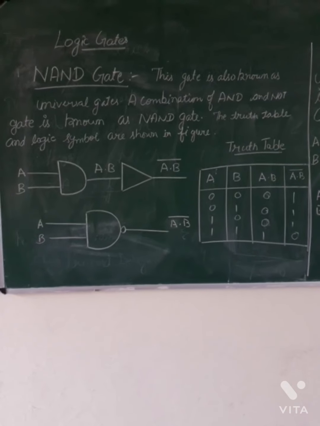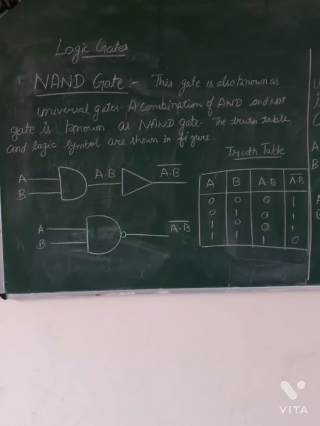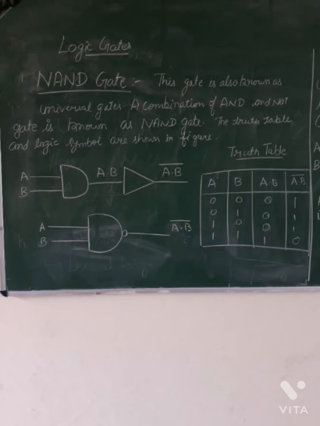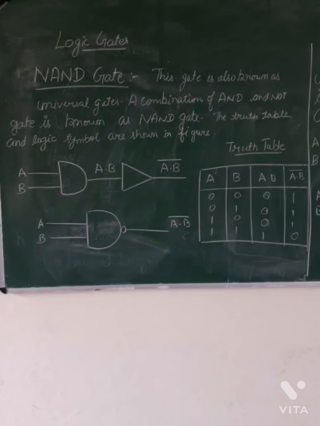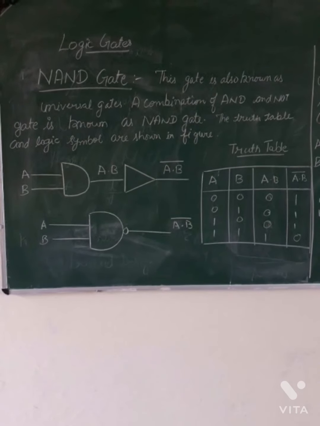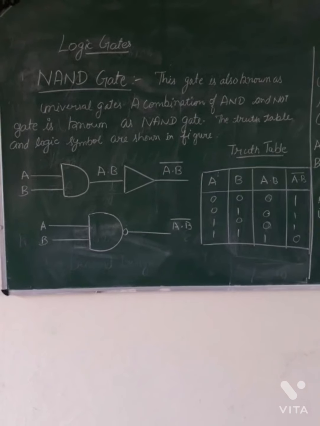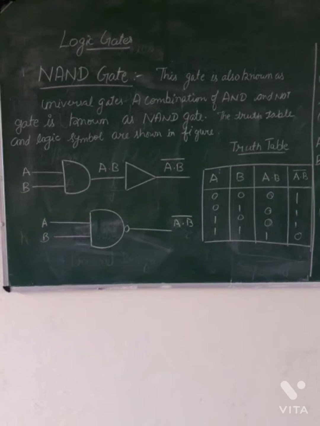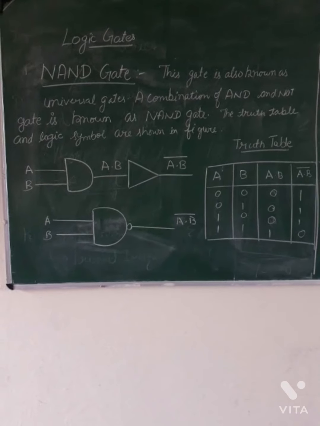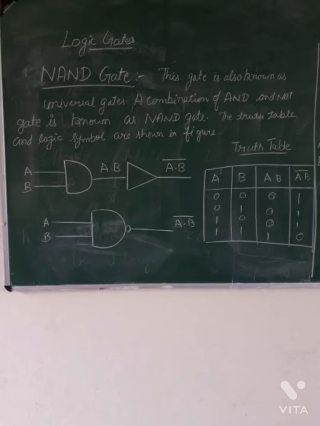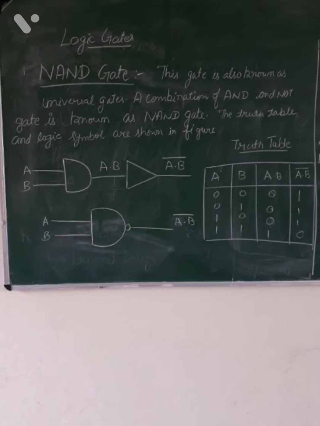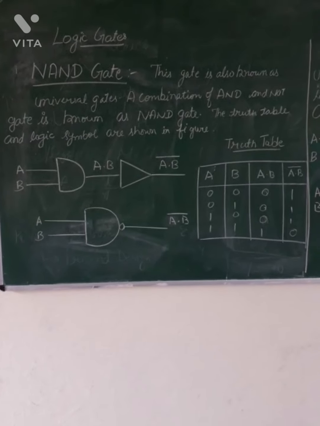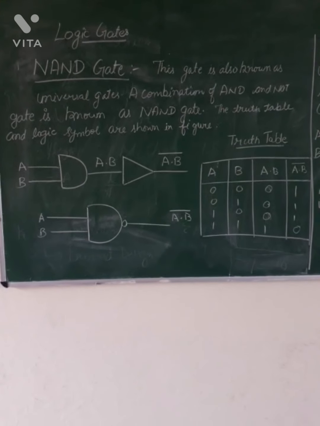First of all, the first three columns are the same as the AND gate. If you know about the AND gate, you can draw it easily. So here are the two inputs A and B. First one is 0, 0. The output is 0. Other is 0, 1. The output is 0. Then the third one is 1, 0. The output is 0. And the last one is 1, 1. The output is 1, because 1 into 1 equals 1.